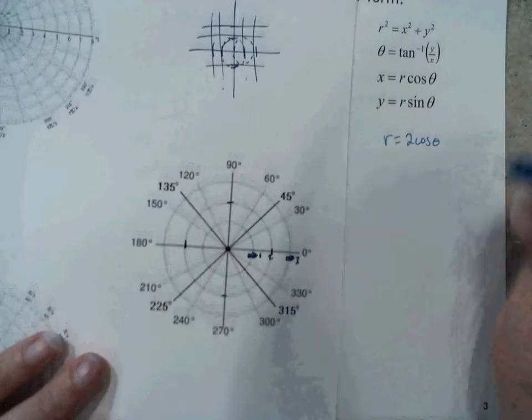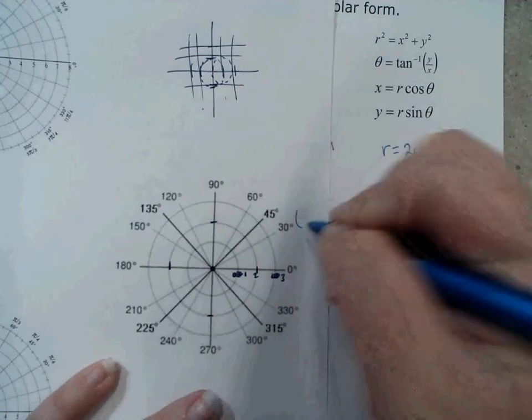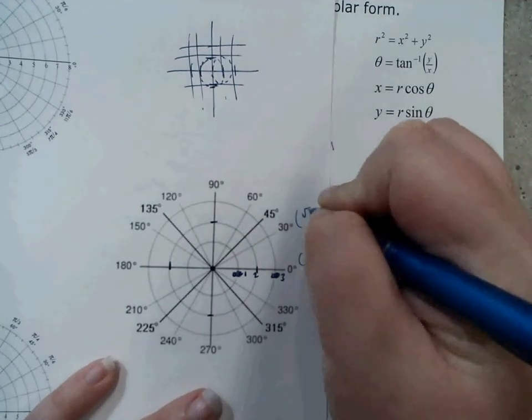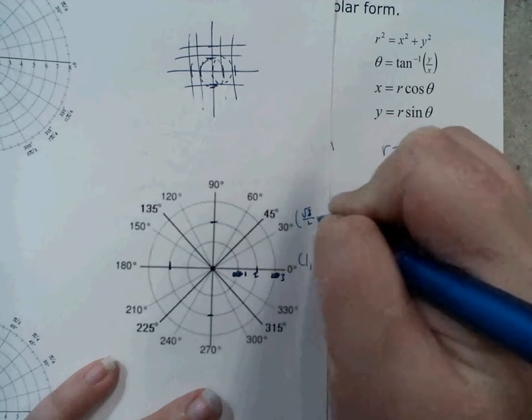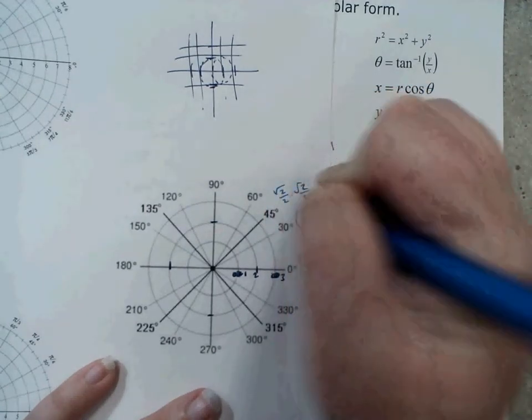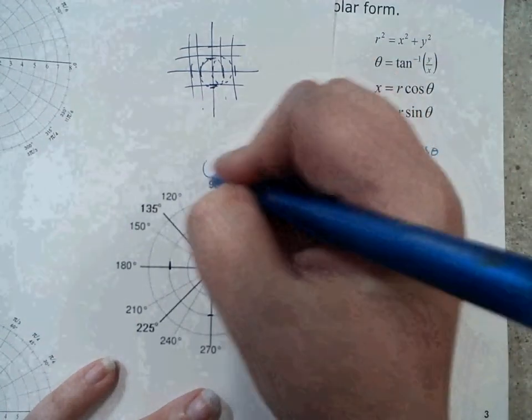My equation is r equals 2 cosine theta. What I'm going to do is plot points, and first off I'm going to remind us of some coordinates. This is 1, 0, this is square root of 3 over 2, 1 half, square root of 2 over 2, square root of 2 over 2, 1 half, square root of 3 over 2,